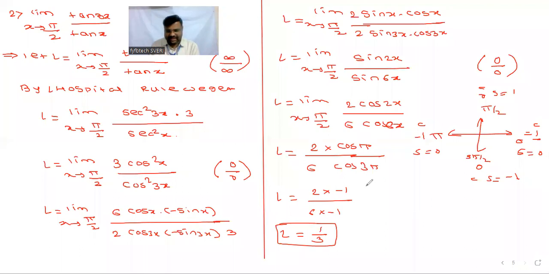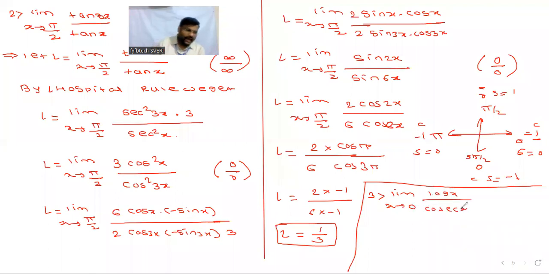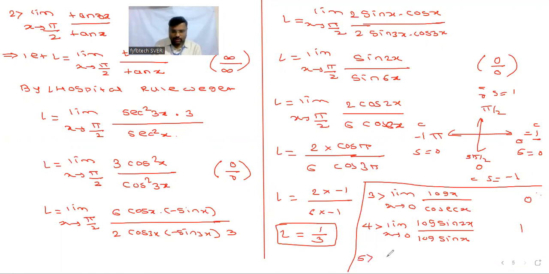Okay, take the homework for you. Write the third example: limit x tends to 0, log x divided by cosec x. If you think so, the answer is 0. Fourth one, limit x tends to 0, log of sin 2x divided by log sin x. Answer is 1. And the last one, fifth one, limit x tends to 0,